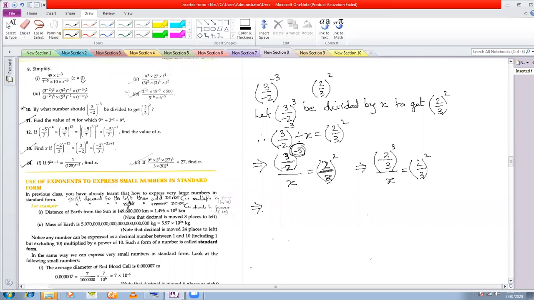Did you understand this step? Yes, sir. Now see, there's a negative sign here and there's an odd power here. Again recall, I told you (minus a) to the power of n is equal to minus a to the power of n if n is odd, isn't it? And what happens if n is even? This negative sign becomes a positive sign if n is even. Do you remember this?